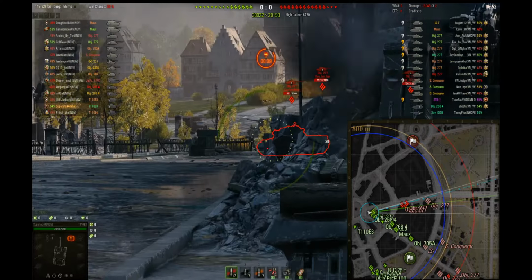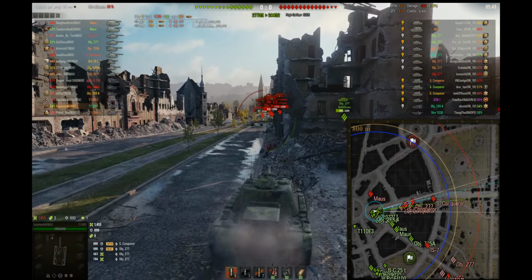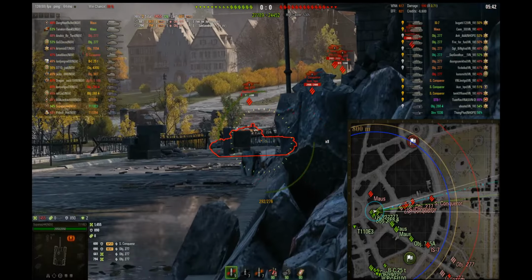Another 277 exposing his lower plate. I don't know why these guys are just sitting here. Especially this one. What is he doing? That's just a big mistake there, especially from a player that seems to be a decent player. He must have thought he was hull down. Nice aiming for the cupola of the